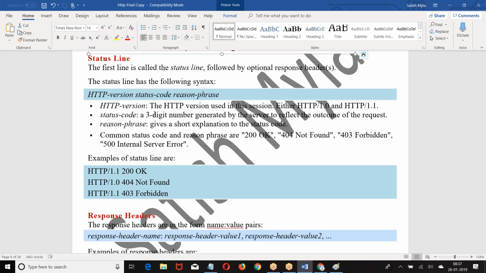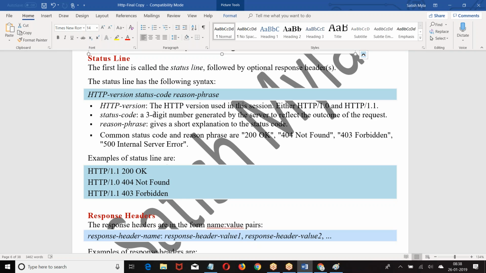Anything with 2xx, 200, 201, 202, 203, means the request is received and the operation is successful. 3xx means it is requesting some proxies. That means you requested me, and I was supposed to make a request to some other server to get the response. It is expecting proxy gateways.